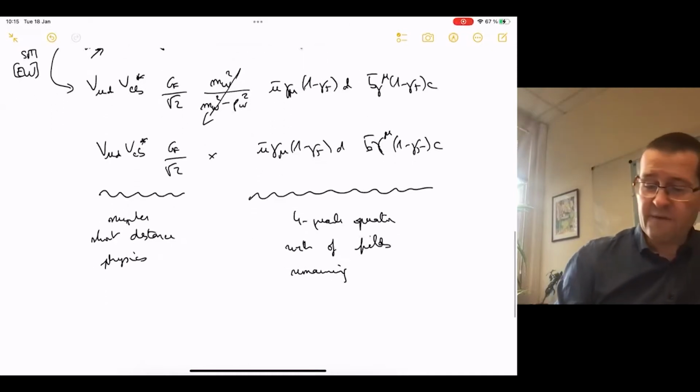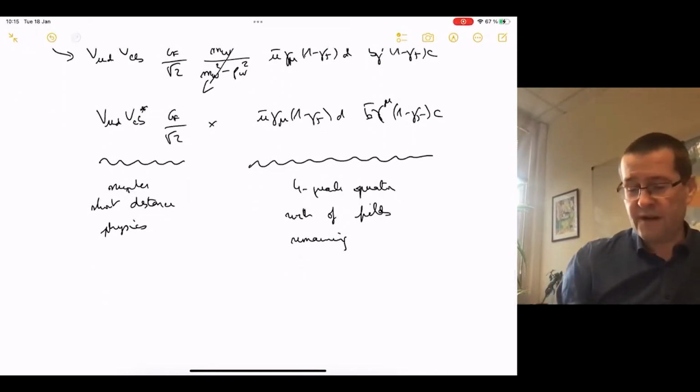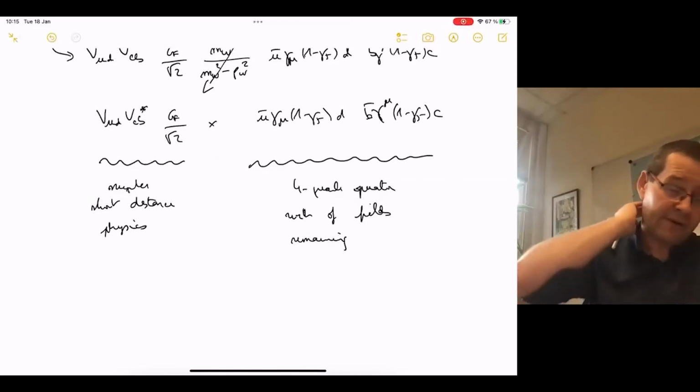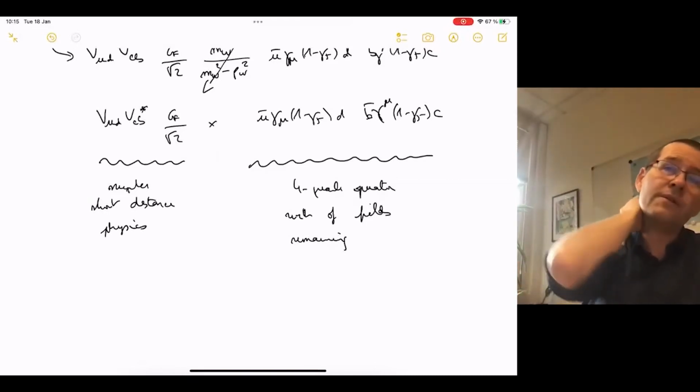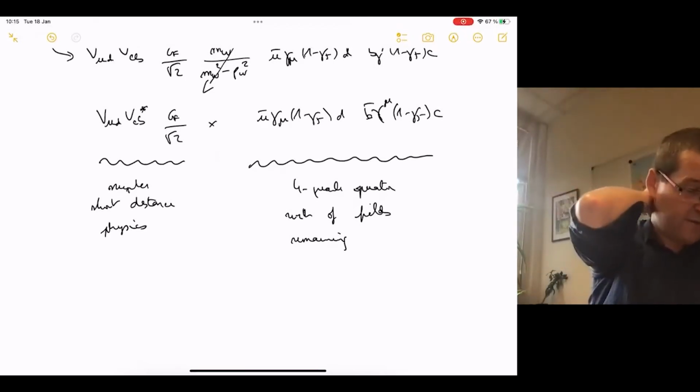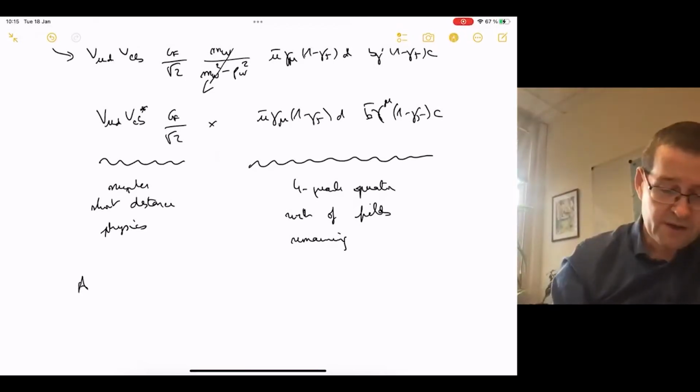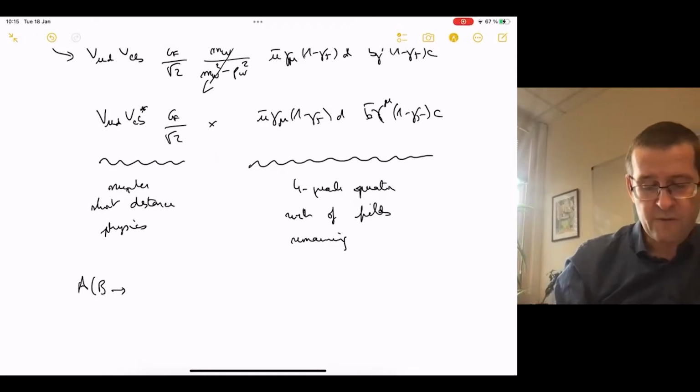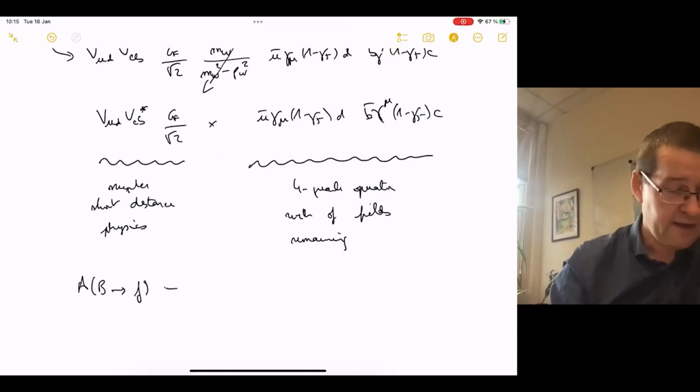And then this operator is higher order compared to its dimension 6 operator. So that's something that wouldn't be present in the standard model, but in the low energy theory it is. And when you start discussing, for instance, the fact that B decays into some kind of final state, whatever it is, then you would have